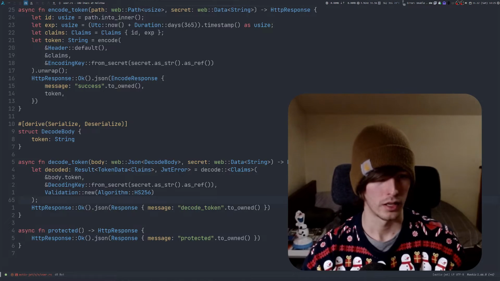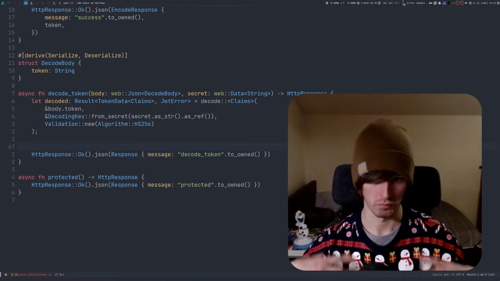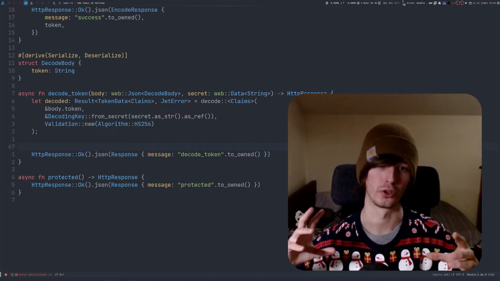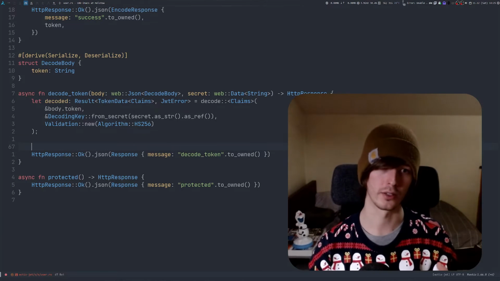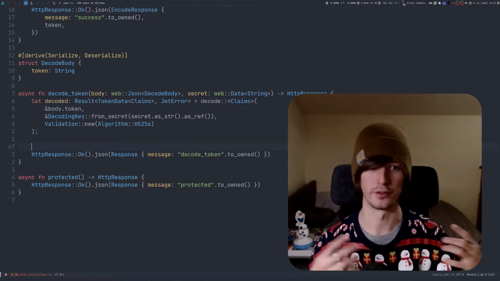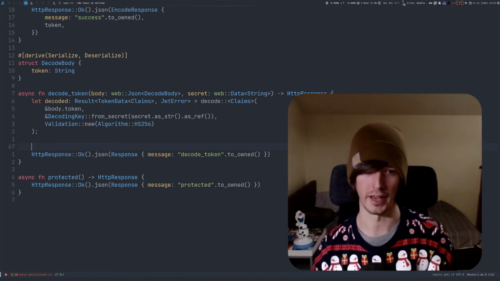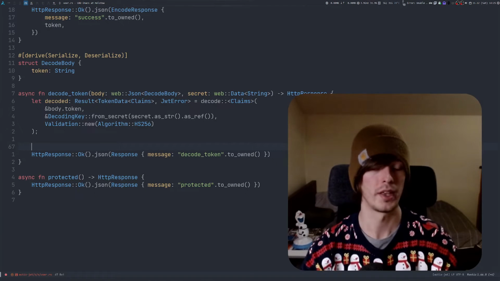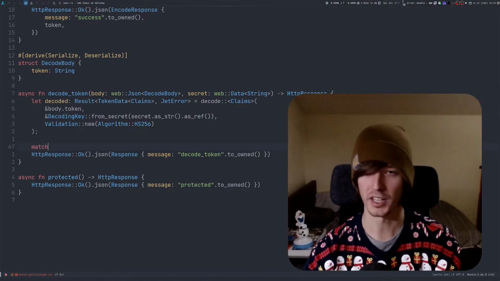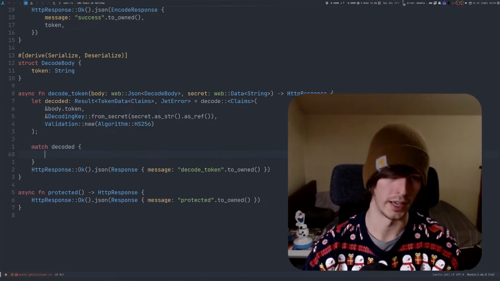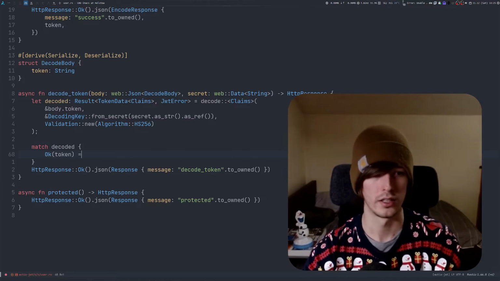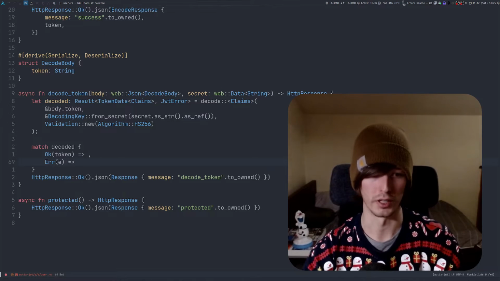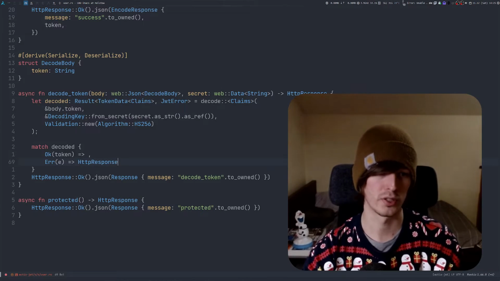So now we're going to say, the decode function is going to try to decode the token, and if it fails, it's going to throw an error, and if not, we're going to have token data and have access to the claims that we passed in the encode function. So we're going to make a match statement with decoded, and if it's okay, then we are going to do something, and if it's an error, then we are going to make an HTTP response